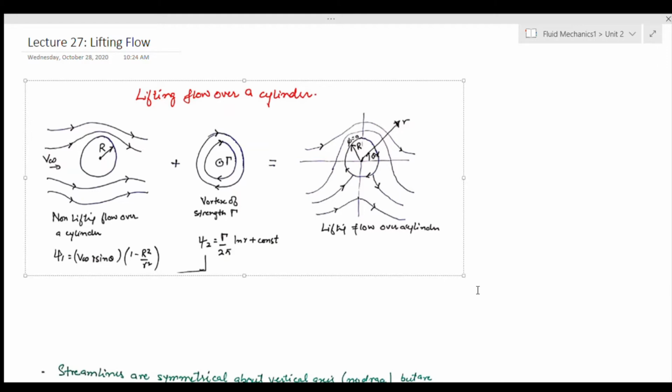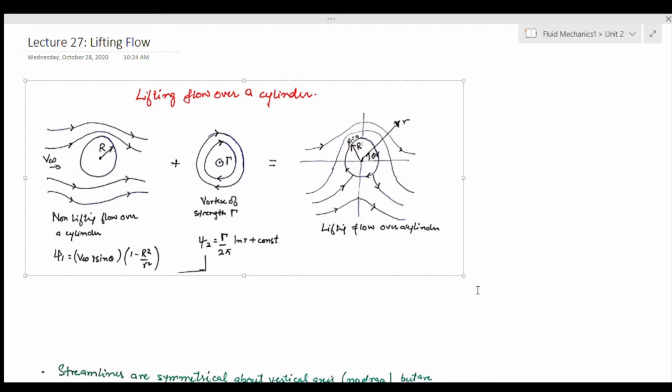And I said that up till now, before vortex flow, whatever flows I had considered and we discussed had zero circulation, and vortex flow was the first one where circulation was present. The reason I wanted to include such flows where circulation is present is that, as you will now see, circulation is something which gives you lift.